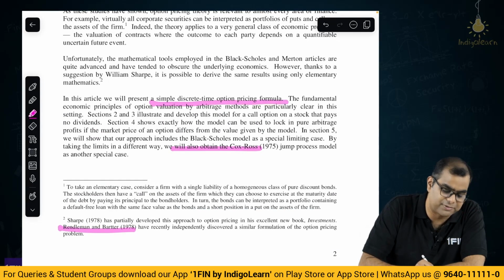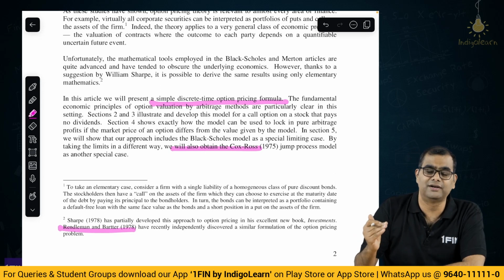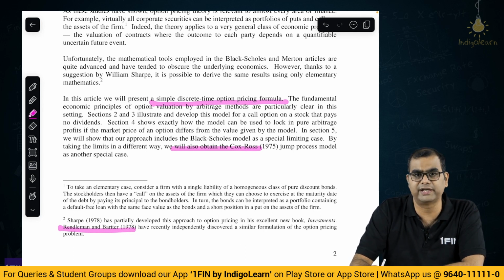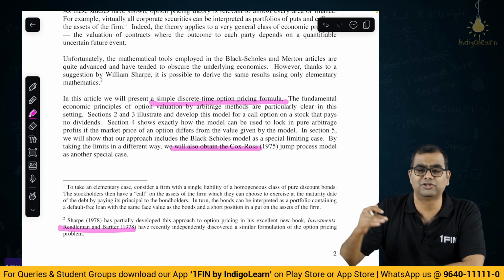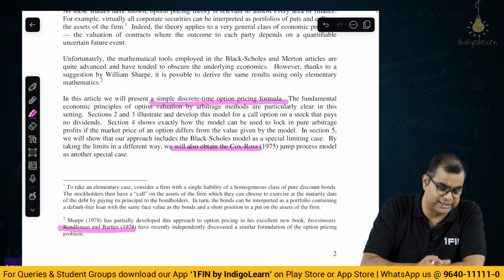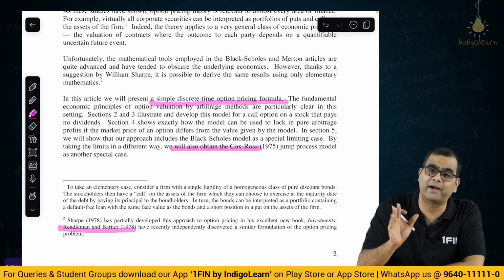Okay, basic idea. They have not talked about what approach this is, but they have said simple discrete time option pricing formulas. Discrete means step 1, step 2. Continuous means, if you remember when we were discussing continuous data and discrete data, discrete is where there is a specific end to the data, whereas continuous data can be anything, like the weights of all the human beings in the world. You can have somebody at 88.1, 101, 102, 103, 104, infinitely small. So there is no breakage in data, whereas discrete means there is A, then there is B, then there is C, which is basically your binomial one.